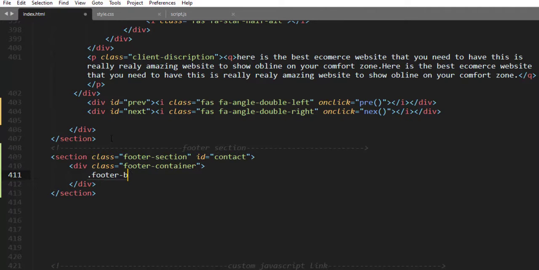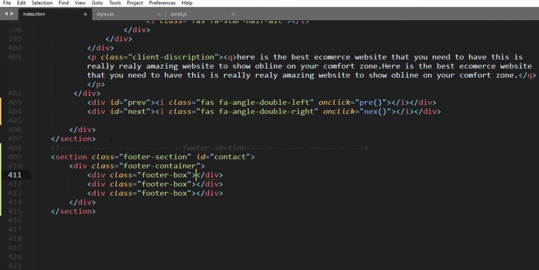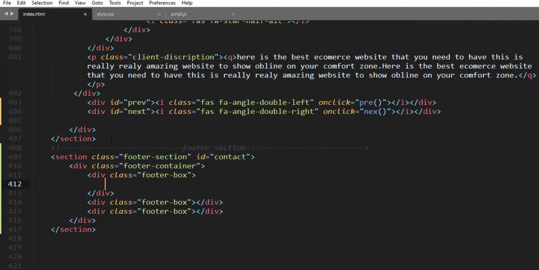Inside this div element having a class name footer container, now we are going to create three div elements having a similar class selector footer box right here,